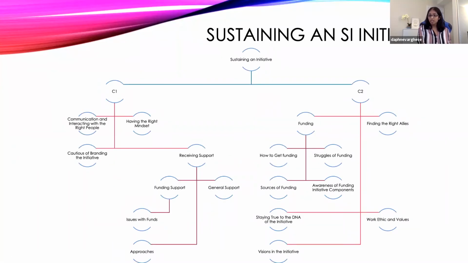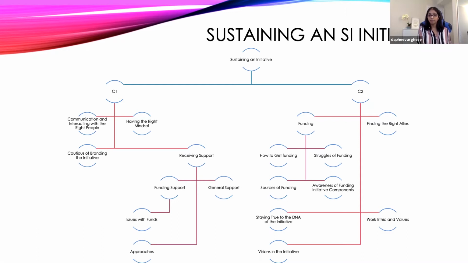Sustaining an initiative is where I began to see much more data. The preliminary results for C1, sustaining initiative, is expressed through 4 types of ways. These include 1, communicating and interacting with the right people, having the right mindset, and being cautious of the branding of the initiative. Receiving support was a large discussion in terms of funding support and general support, followed by certain